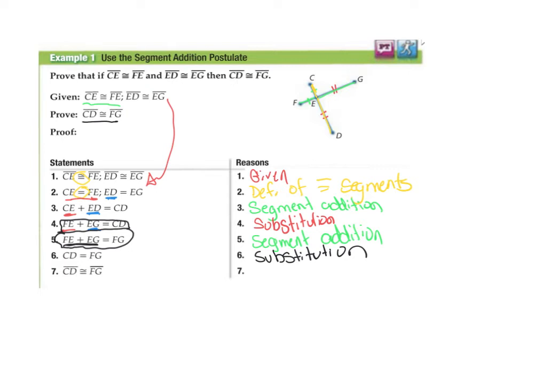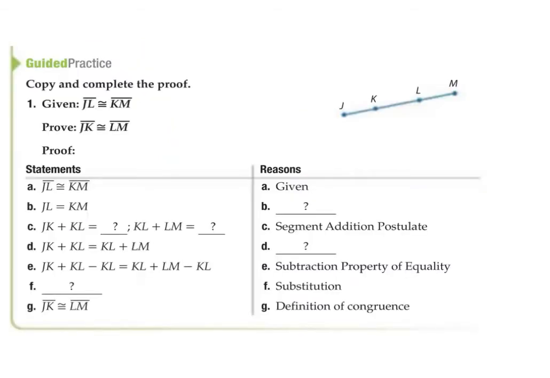The only difference is my end goal, my proof, needs to have a congruent symbol, not an equal symbol. So from 6 to 7, the reason that lets me go from equal to congruent would be the definition of congruent segments, just like statement 2. So now I've completed this proof. Okay, so now I suggest that you try to fill in the question marks on your own and then see if you get the